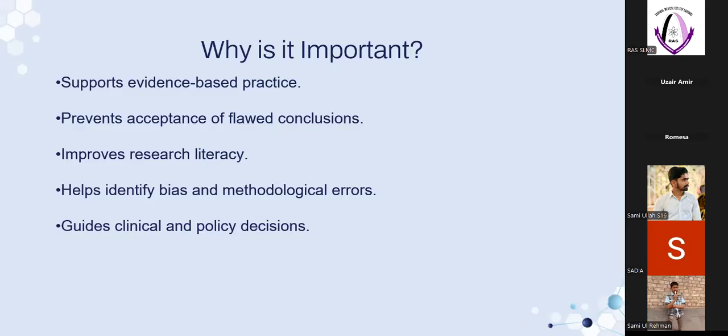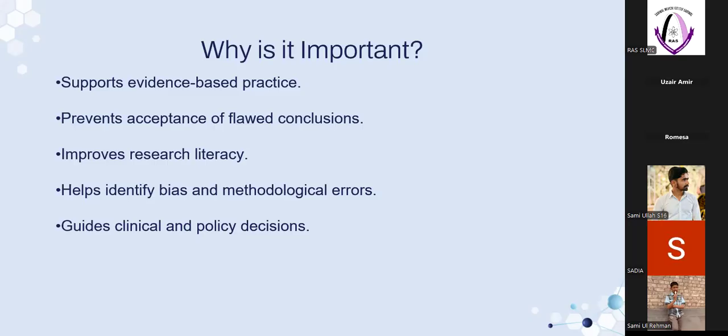It prevents acceptance of flawed conclusions. What does that mean? It means that often, let's say there's a journal, it publishes research, it lies in the Z category. According to HEC, there are different categories of different journals. Now the Z category lies at the bottom. So what happens is that for their financial gains, they often publish articles that do not stand good, that do not add to the research pool, or perhaps they are giving advantage to a pharmaceutical company, and the article has a different result and its conclusion is different.